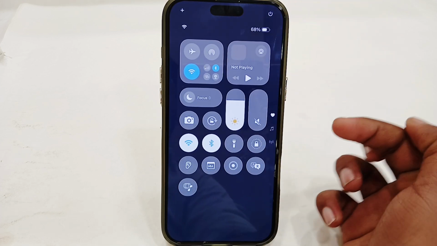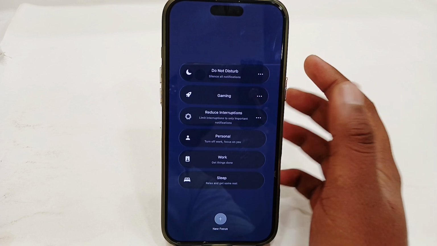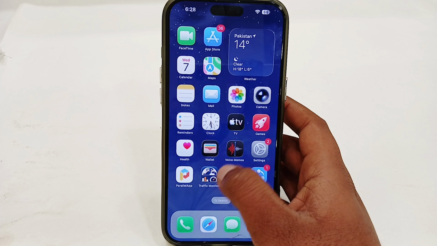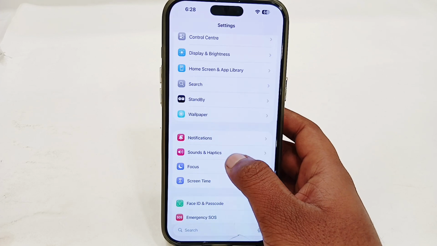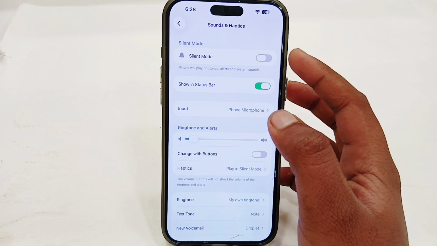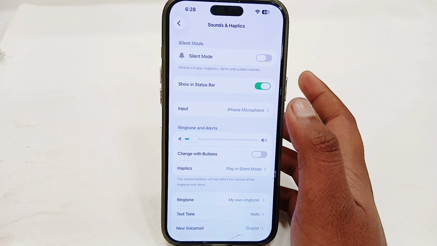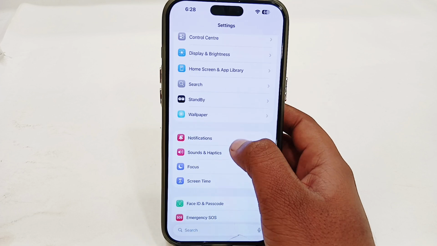on Do Not Disturb mode, or your Do Not Disturb mode is not enabled. If you find that your Do Not Disturb mode has been enabled, try to disable this first. Then go to settings, go to sounds and haptics, and enable and disable the toggle if your silent mode is enabled. Once I have disabled the silent mode, just go back from here, go to notifications section and